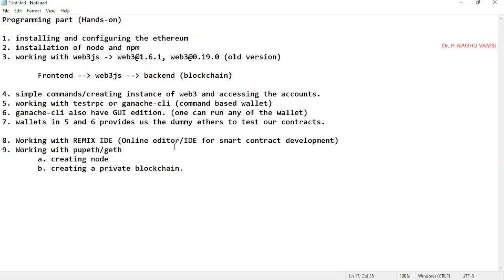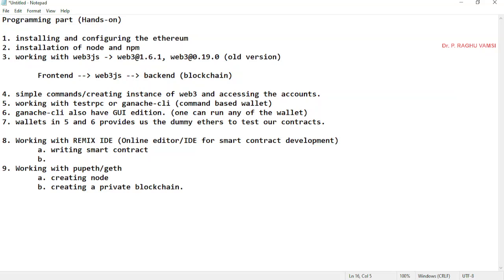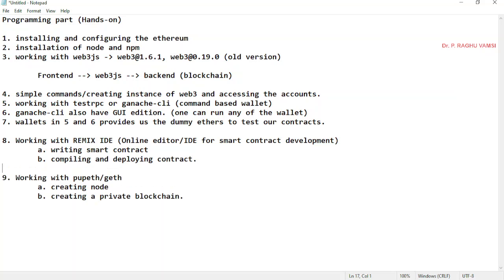In the Remix IDE, we have seen how to write a smart contract, compile and deploy the contract. Next, after deploying, working with the contract. These are the things we have seen under the Remix IDE.